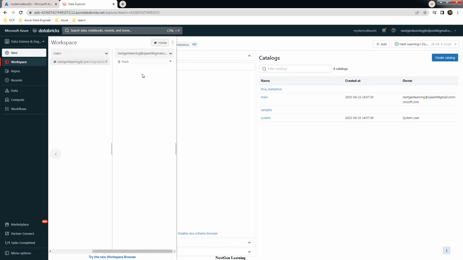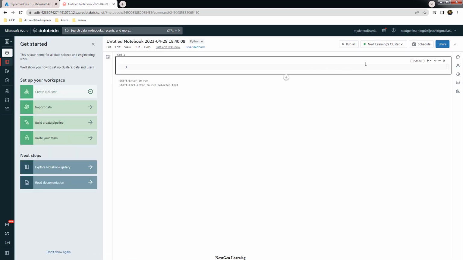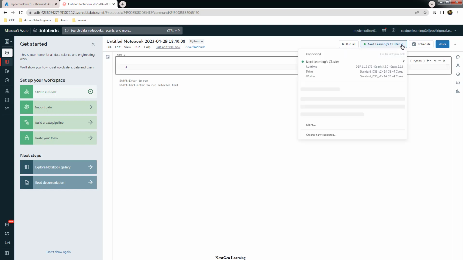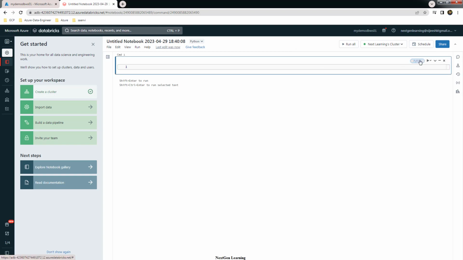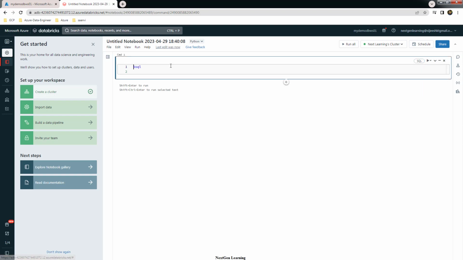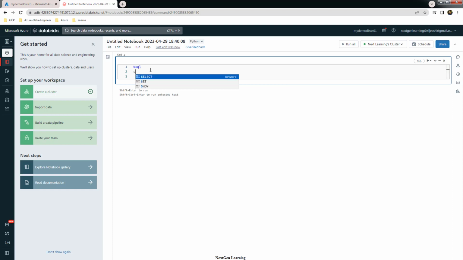Let me create a new notebook. This is the cluster which I am going to use, the one which we already deployed, and you can choose this. By default it's a Python notebook, and you can change it to SQL. And you can execute this command,